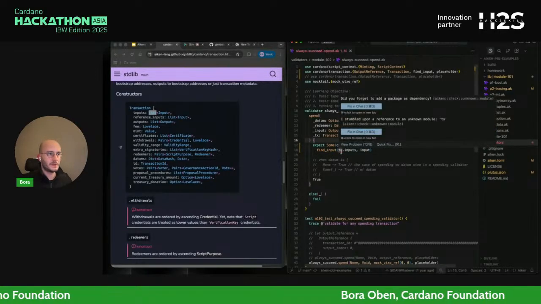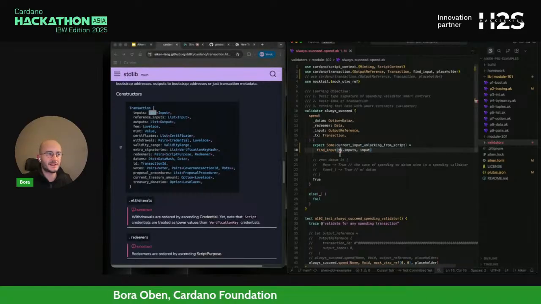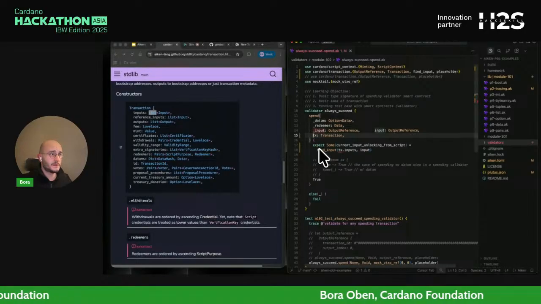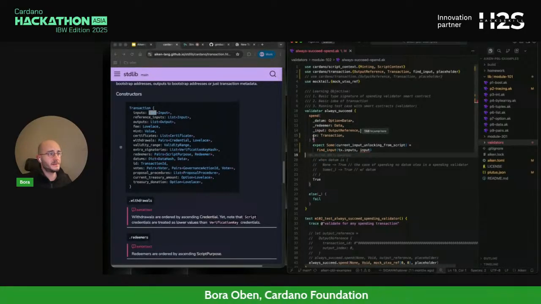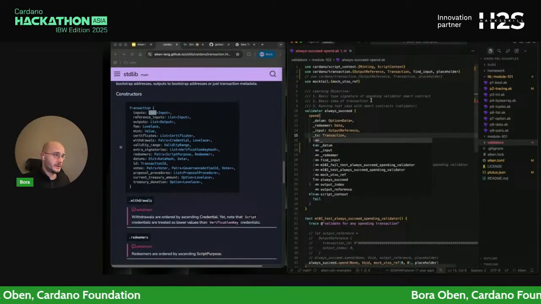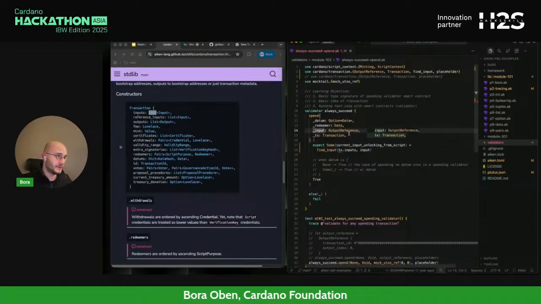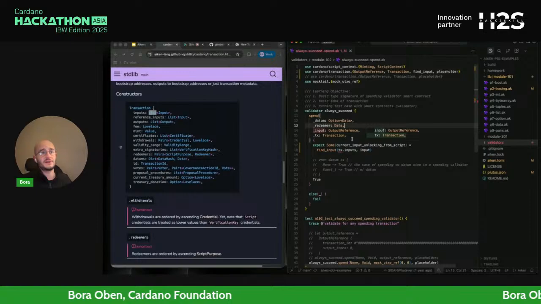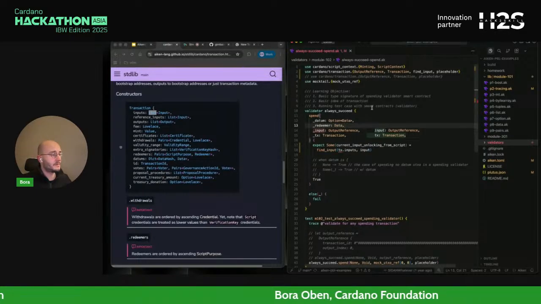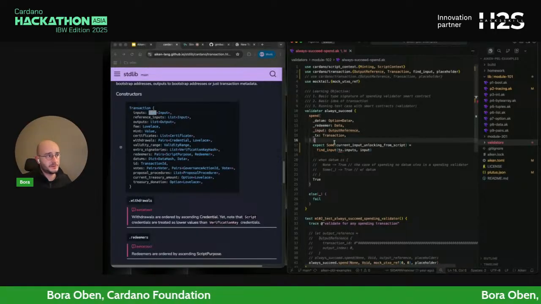Why there is a warning here is it is saying that this tx is unknown, and the reason for that is because of this. So if I do this, you will see that this disappeared. If you write this underscore in Aiken, it means that the variable that you wrote this on will be discarded. Discarded as in your on-chain smart contract is not interested in that variable at all because it's not used.